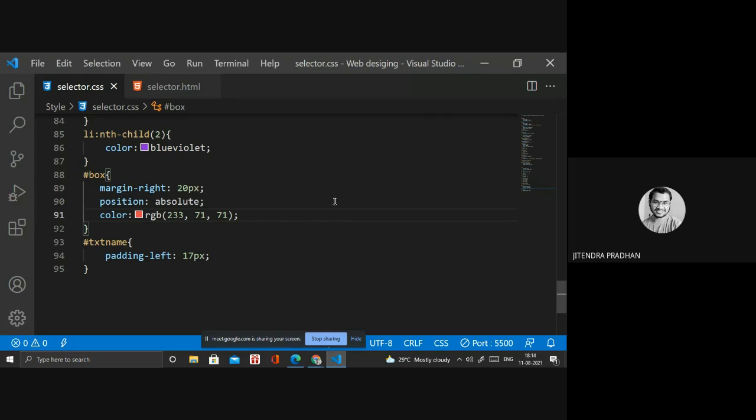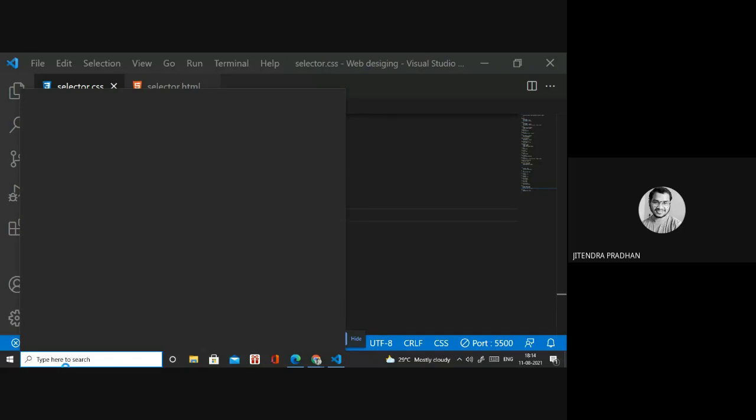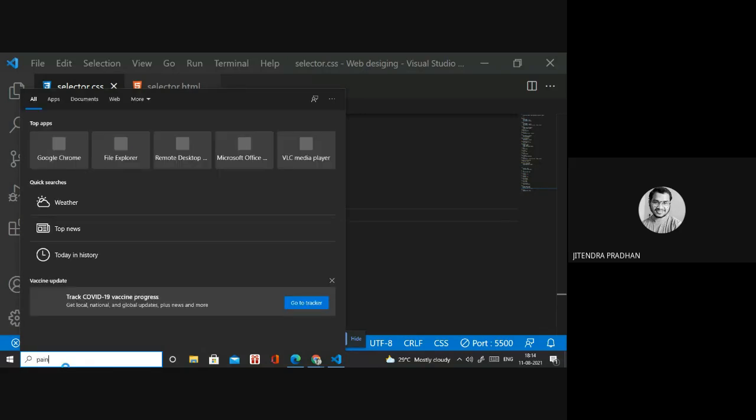So next we are discussing what units there are. Before that, I will open Paint, then I will show you.